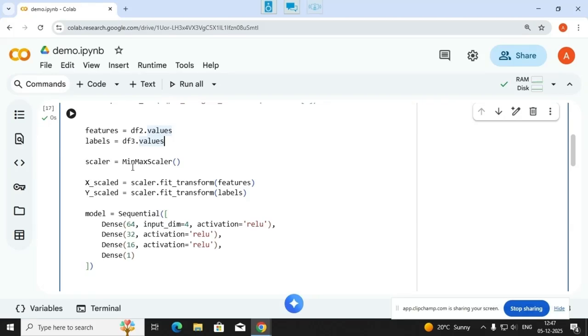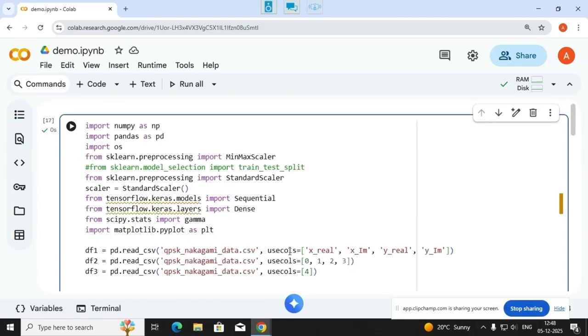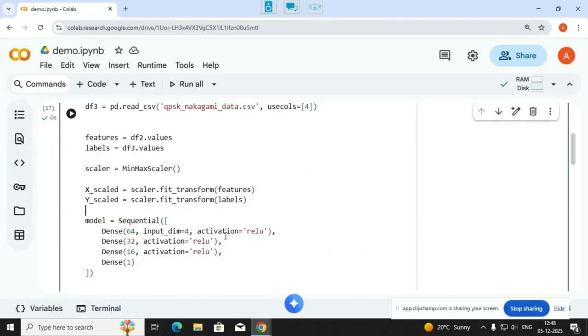Now we'll perform preprocessing because the values are very random right now. We'll use the MinMax scaler, so between 0 to 1 we will make all the values. I will take x scaled to be features scaler dot fit underscore transform. This basically preprocesses the data. X scaled is all the four features now scaled between 0 to 1, and similarly y scaled is also between 0 to 1. Remember that we have taken 5,000 values in data generation.